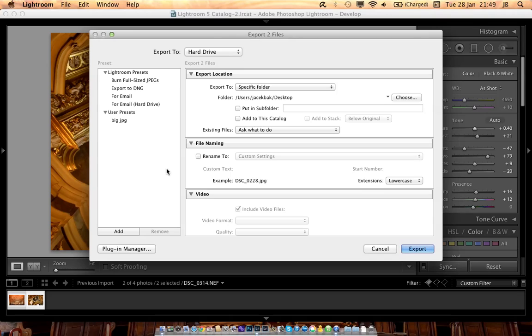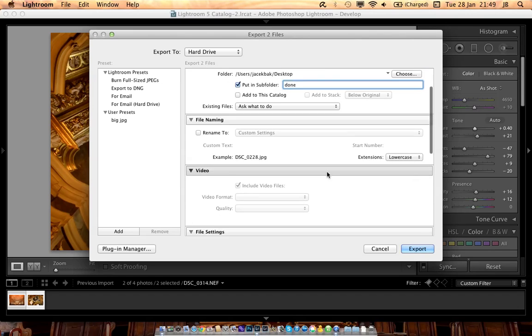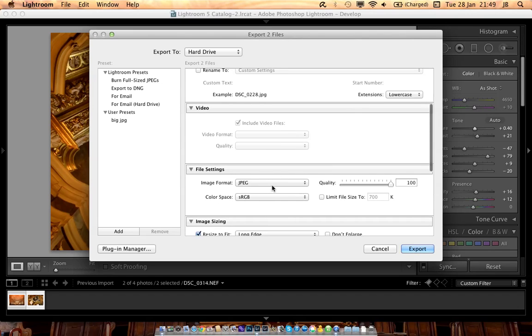This shows the new dialog box. So now we're doing the export to the hard drive, to a specific folder which is desktop, and we put into subfolder, let's say done. We don't have to rename that. We choose JPEG. We can choose whatever we want: PSD, TIFF, DNG,